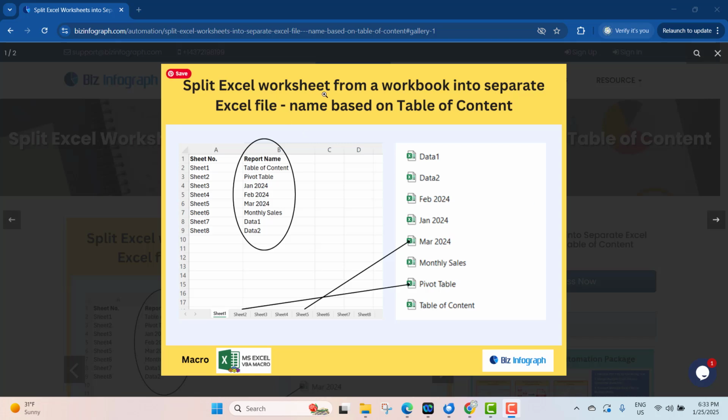Split Excel worksheets from a workbook into separate Excel files named based on the table of contents. Say we have an Excel workbook with different Excel sheets. We want to split all the sheets into separate Excel files, but the names will come from a table of